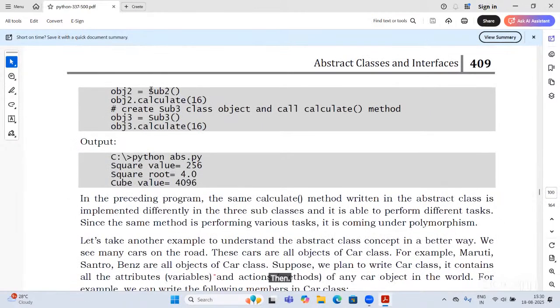Then obj2 = Sub2(), call the method with the object reference obj2.calculate. Same, object 3 of subclass 3, obj3.calculate.